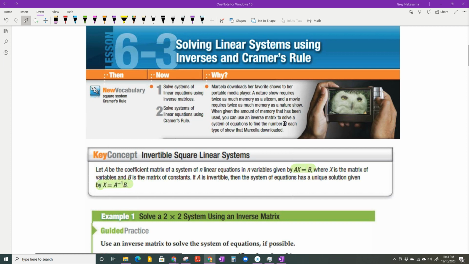So start off with an invertible square linear system. Don't worry about it. We've got a matrix equation here. You know it's a matrix equation because all of these are capital letters. So A is a coefficient matrix, generally is what we're going to talk about. X is your variable matrix, and B is your constant matrix. And to solve that, to get the variable matrix by itself, we multiply by